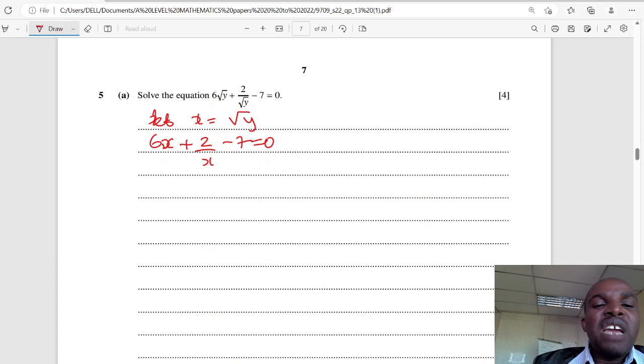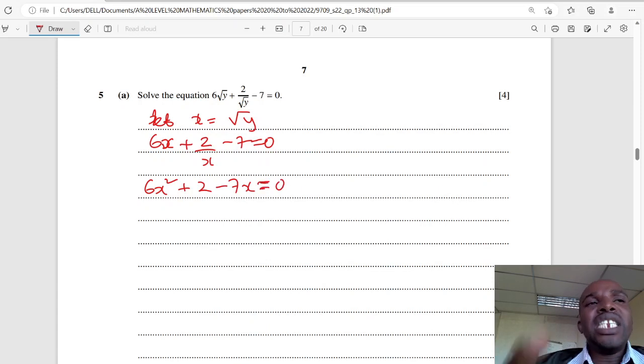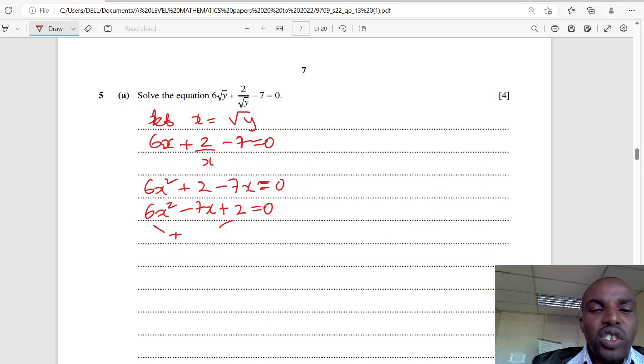Then you multiply everything by x. It will be 6x squared plus 2 minus 7x is equal to 0. So these equations, they always tend to be quadratic. Express as a quadratic expression. 6x squared minus 7x plus 2 is equal to 0. Then after that, you can use factorization or use a calculator. Factorization in this case, this is plus 12x